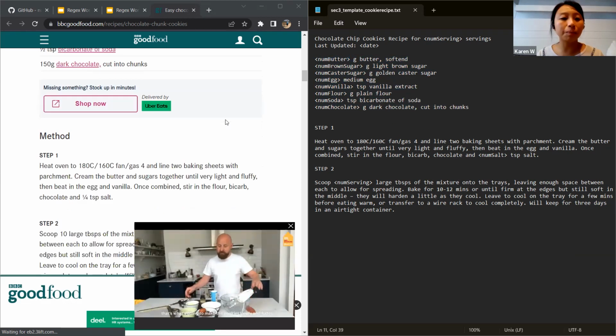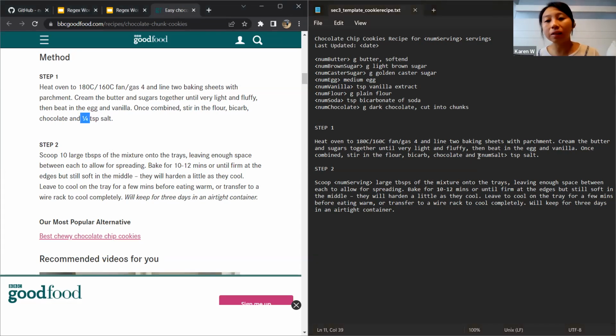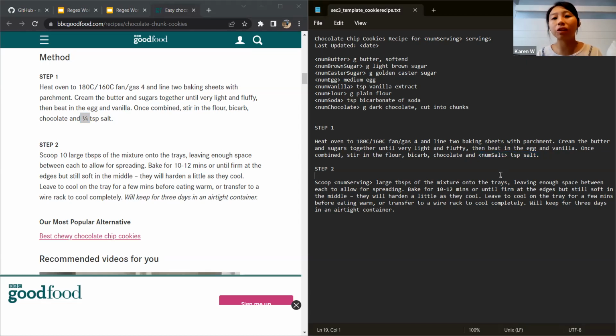Besides this, there are things I need to change in the stats as well. For example, the amount of salt here is going to increase or decrease with the serving. So I'm gonna put the salt here as well, with the number. And finally, I want to indicate two things. I want to indicate how many cookies I'm making. You don't want to have 200 grams and not know how many servings you're doing, right? So I'm gonna create a number of servings here.